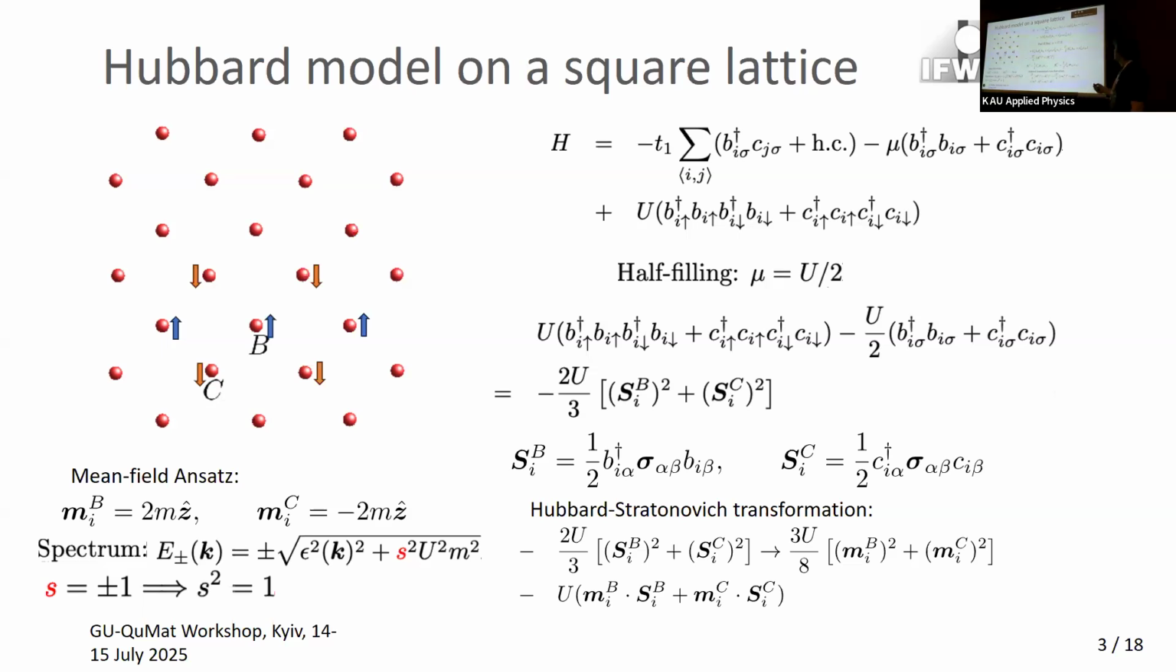So if you remember this, you take this nearest neighbor hopping. If you have only nearest neighbor hoppings, the lattice will be bipartite. You have hopping only to B, C sublattices. And here is my Hubbard interaction, with half filling given exactly by mu equals U/2. By standard mean field theory methods, doing a Hubbard-Stratonovich transformation, etc., where the spins are defined in terms of fermions and Pauli matrices,